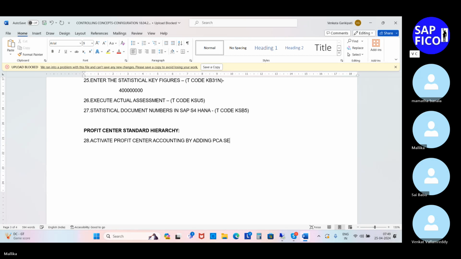I will just give you the path. Based on that path, we will see whether profit center accounting is activated for our controlling area or not. If that controlling area does not have that PCA scenario, then what will happen,